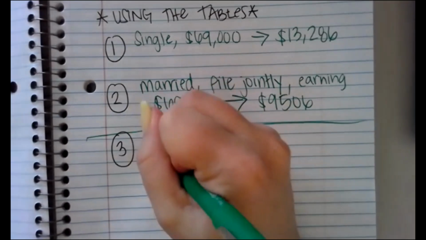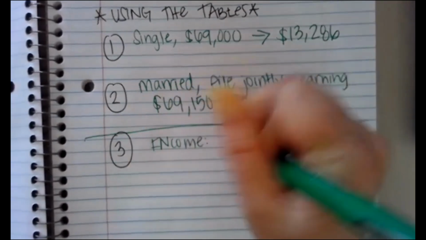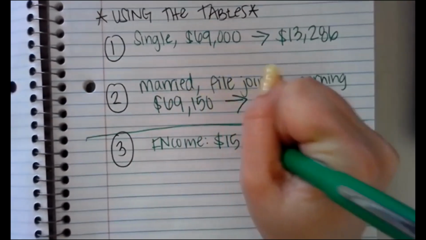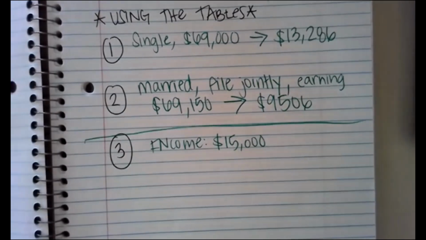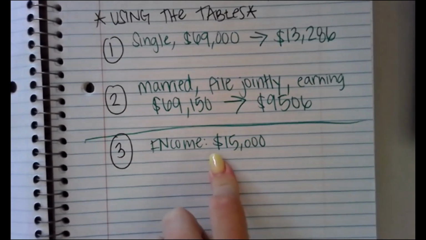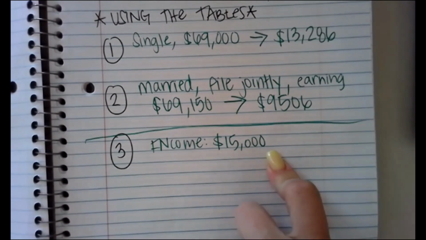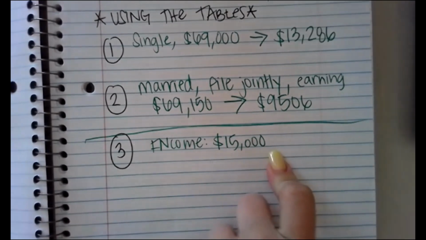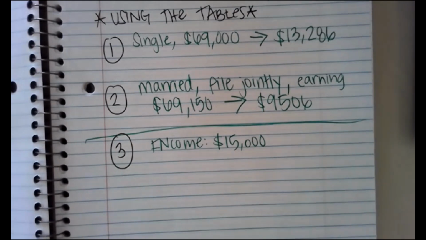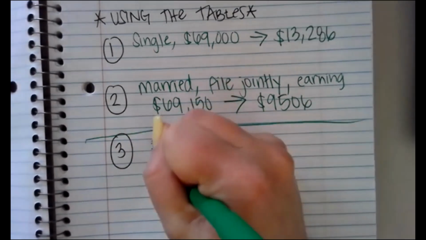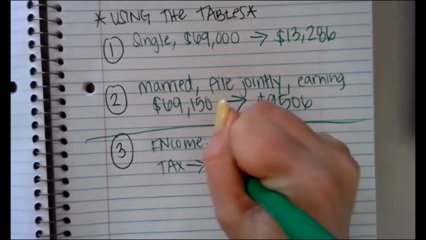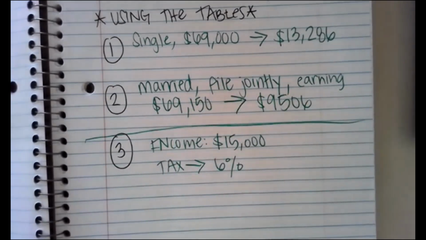So for example, let's say someone's income, we'll say they don't make a lot of money. We'll say they only make $15,000 a year, which may seem like a lot of money, but for the course of an entire year, that's not very much money. If you divide that by 12, that's just a little bit over $1,000 a month. And things like rent and your car payments, like those alone could be thousands of dollars. So this income is not that much, but let's just say this is their income, okay? And let's say the state they live in, the tax percentage is 6%, okay?